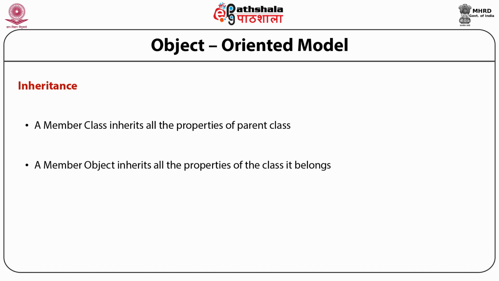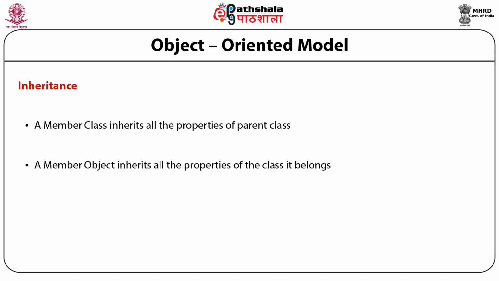Say for example, there is a class and there is a member of that class. That means there is an object which is a member of that particular class. The properties of the class are automatically inherited by the object. You don't have to again define the same properties in the object, as it inherits all the properties of